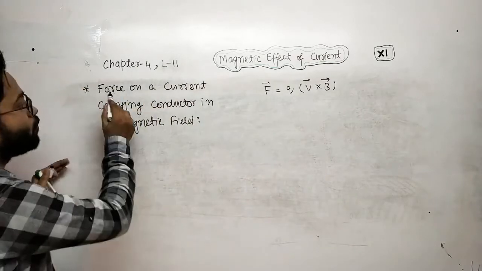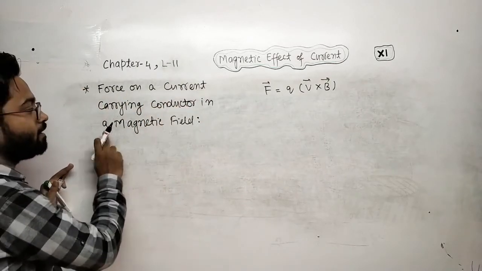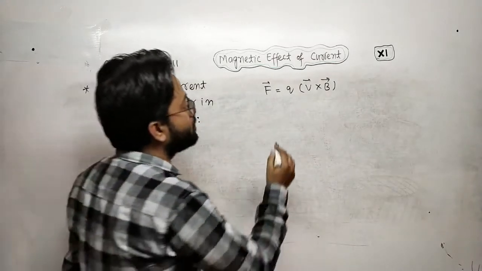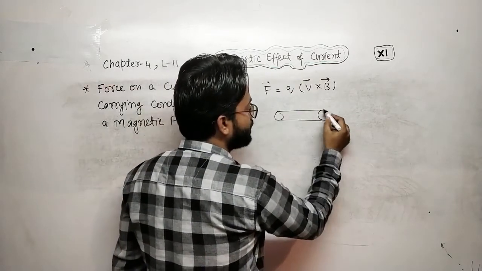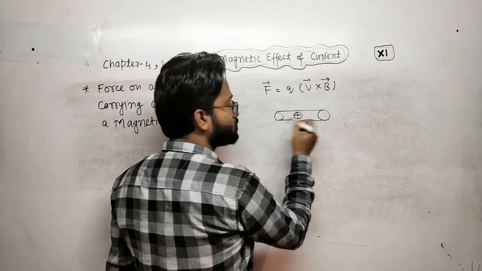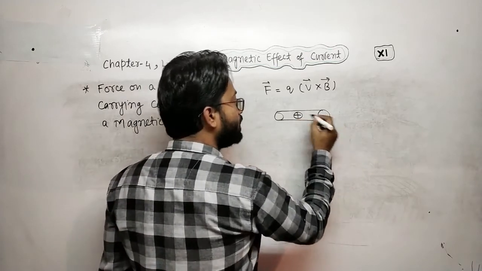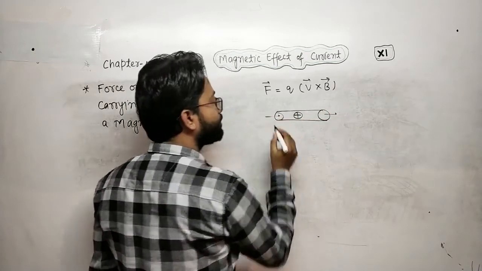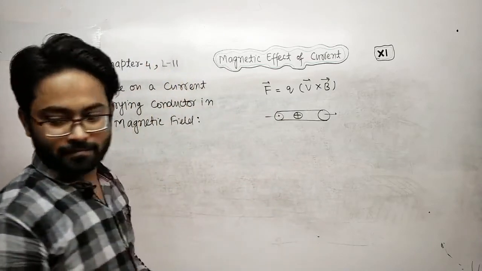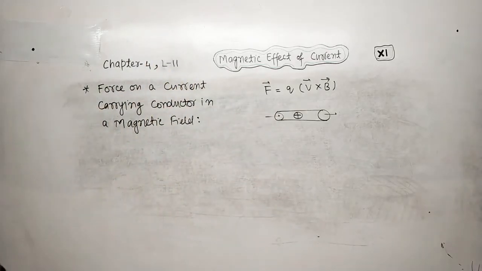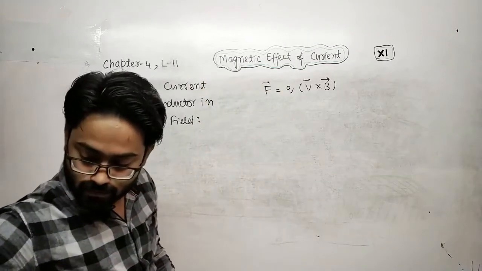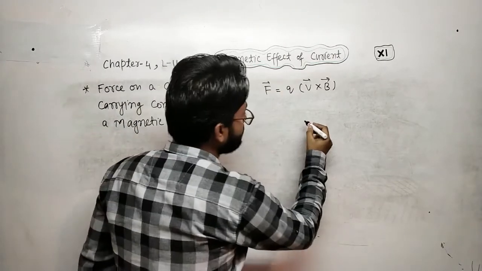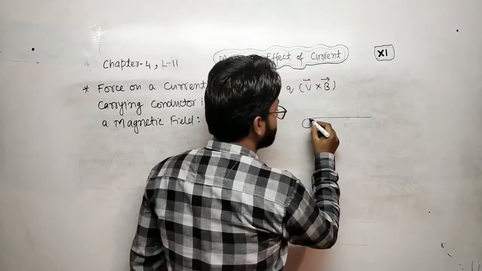There is also a force on a current carrying conductor in a magnetic field. You know that if this is a conductor, the charge will also flow in the conductor. Same formula, but a little bit different. Let us suppose we have a conductor